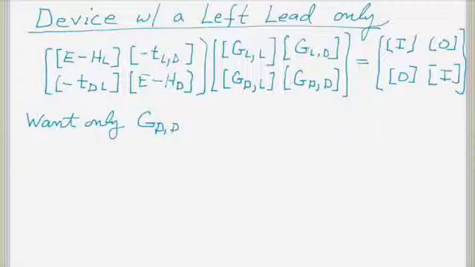And we can do this just by using algebra. So let's write out what these equations are. We've got just two rows, so we've got two equations. And if we write this out, we have E minus H sub L acting on G,